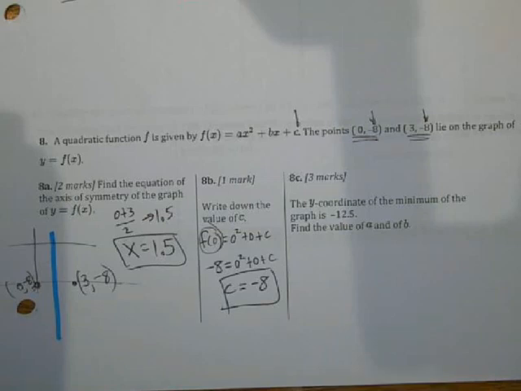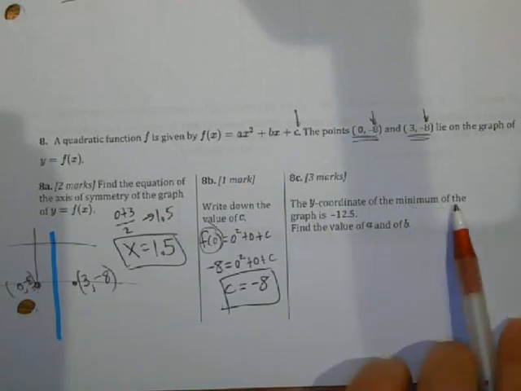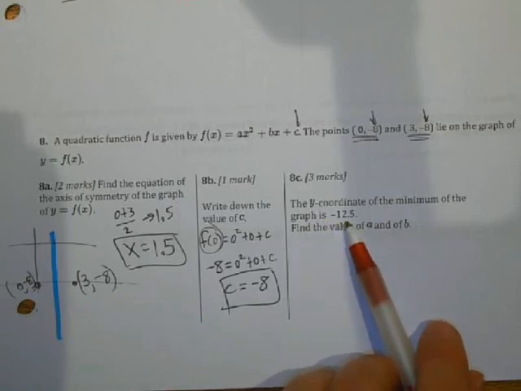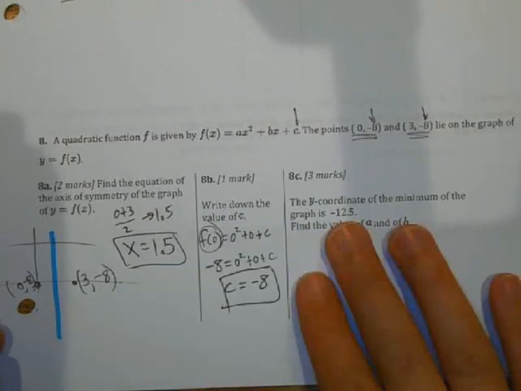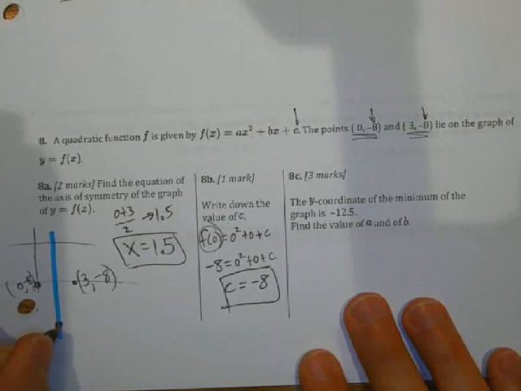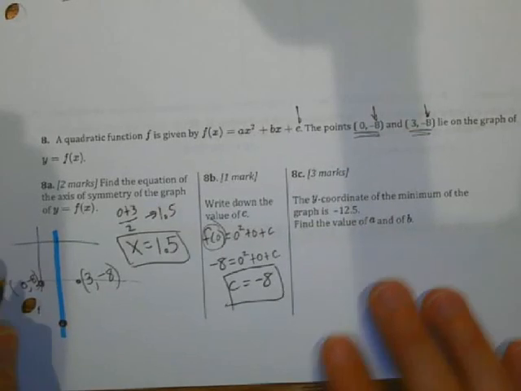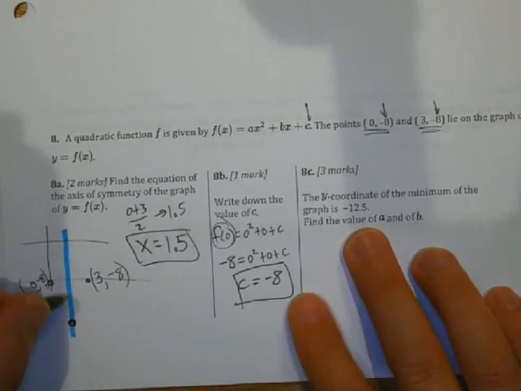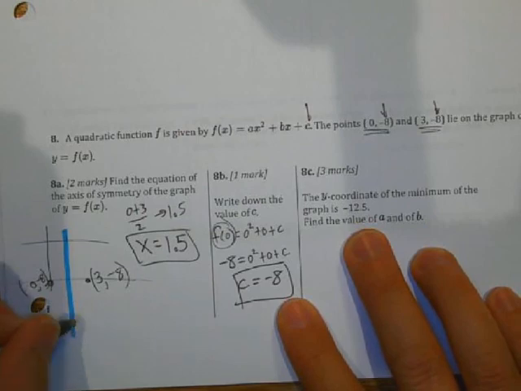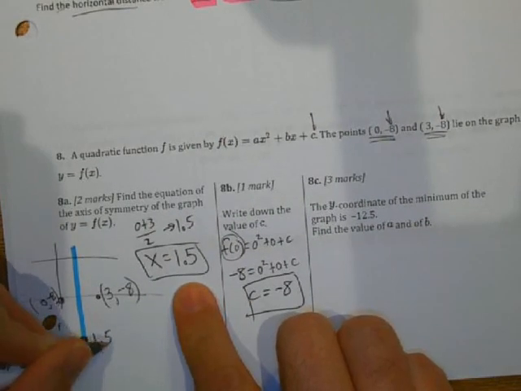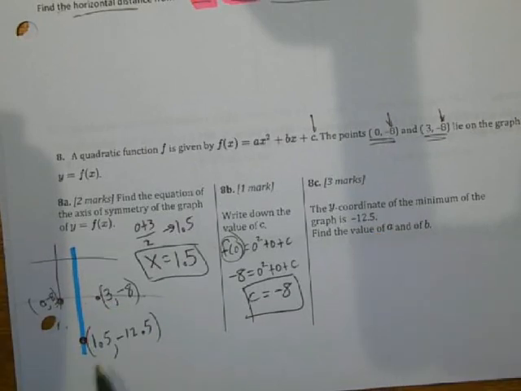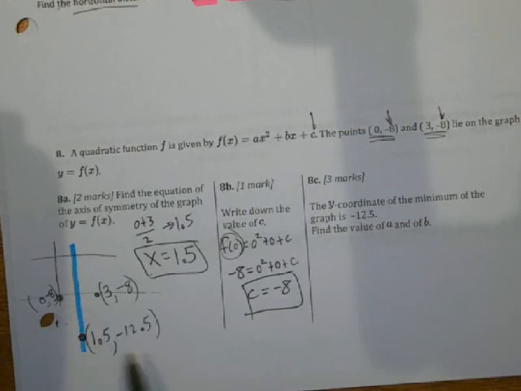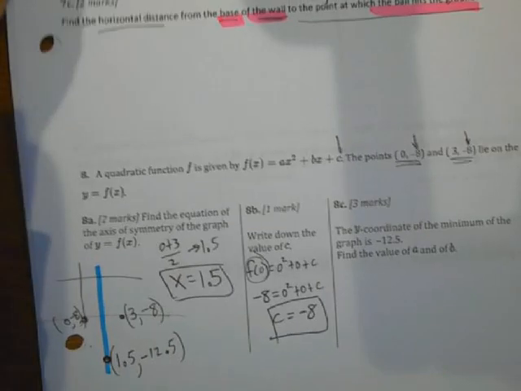Okay, so now the y-coordinate of the minimum of the graph is -12.5. So basically, this is a minimum down here, and this y-coordinate is -12.5. So the x value, we know that this is at 1.5, and the y part of that is -12.5. And so now I've got 3 dots, and I can use my calculator to get the